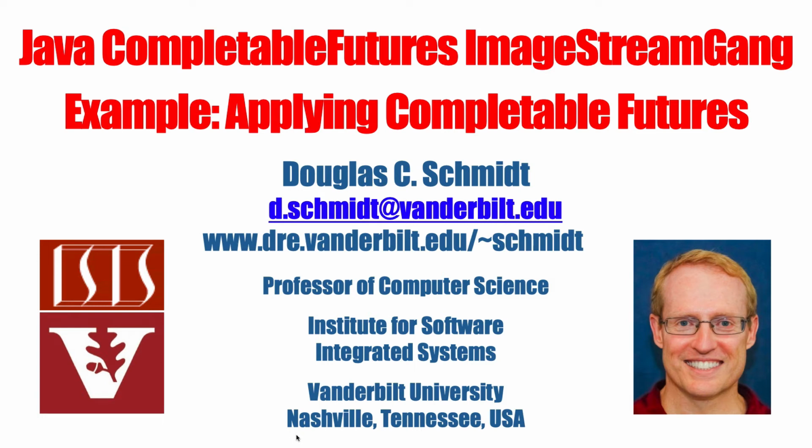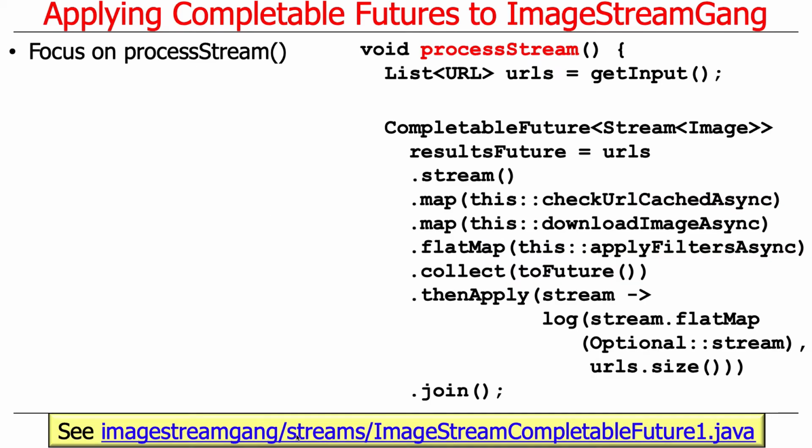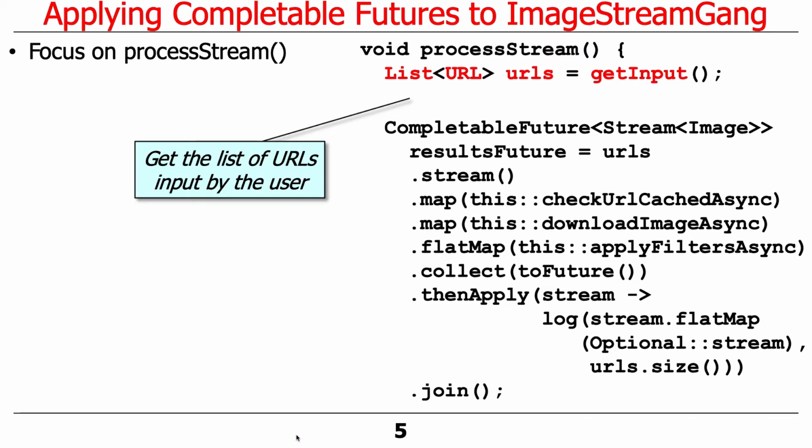So now that you've seen kind of a high-level view of this program, let's start talking about how we're going to apply completable futures here. The place in which completable futures are applied is a hook method called processStream, and this is where the whole control flow lurks. The first thing we're going to do is get a list of URLs